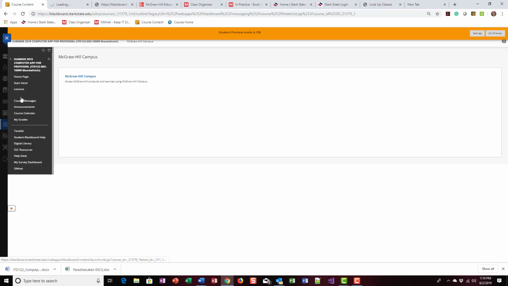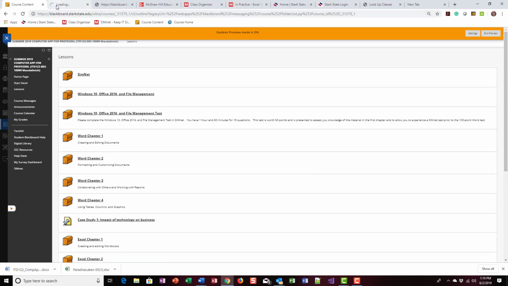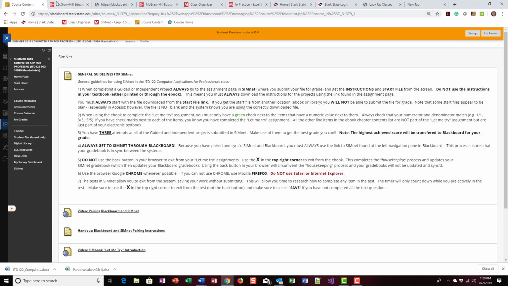So I'm going to click on SimNet, and yours is going to look different because you are not synced yet. But I do want to show you what SimNet's going to look like if it loads. I'm going to go back here while it's loading. I'm going to go to Lessons while that's loading, and we're going to come here to where it says SimNet. It's in the Lessons. This has all kinds of, here we go, SimNet Grader,